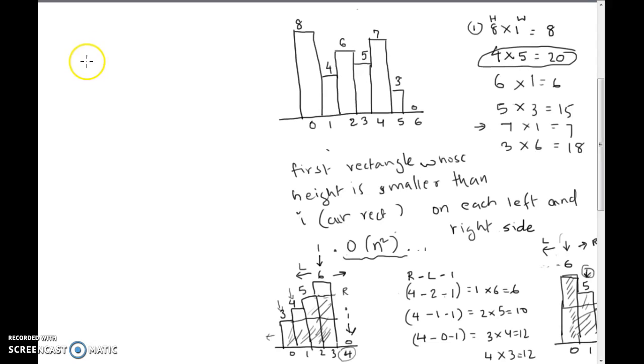So we saw with our previous intuitions that building an increasing stack would help us keep track of the rectangles that are constantly extending the previous rectangles. As soon as we see something that is not bigger or equal to the current element on the stack, we want to process, because as long as it is increasing, they're all extending. But as soon as we find something which is smaller,